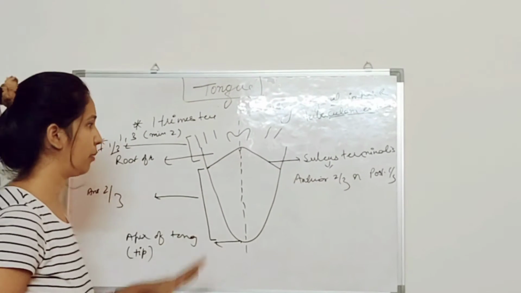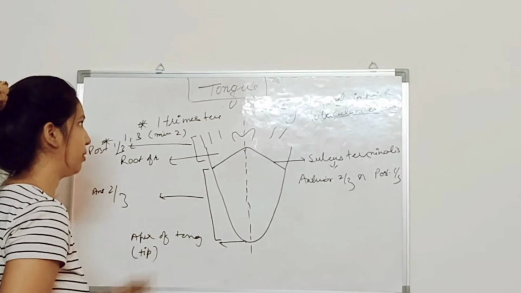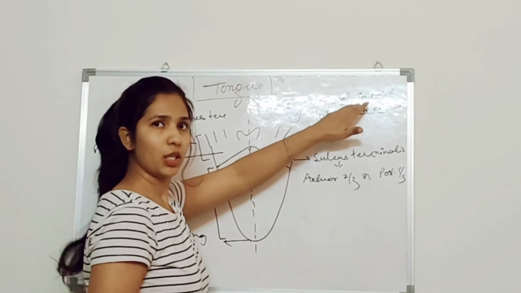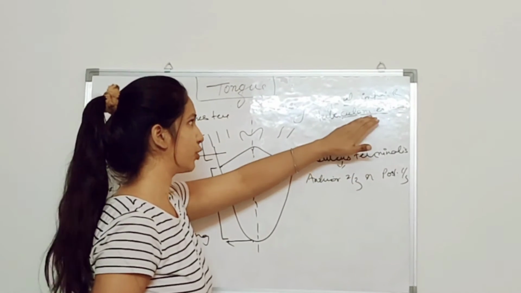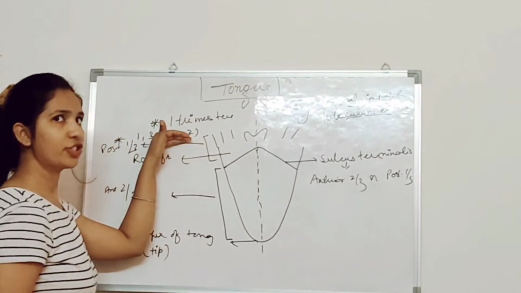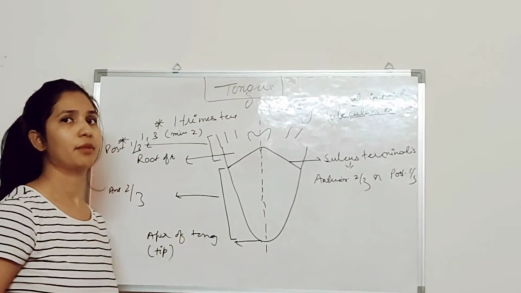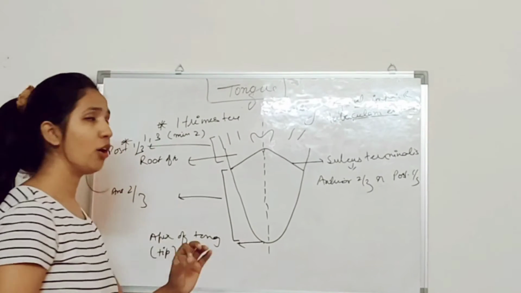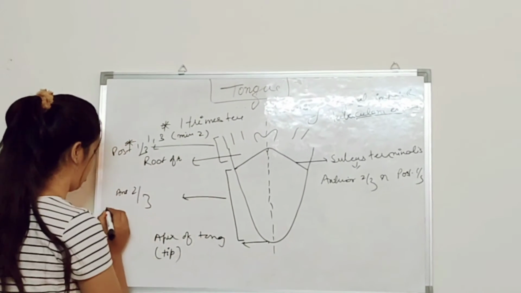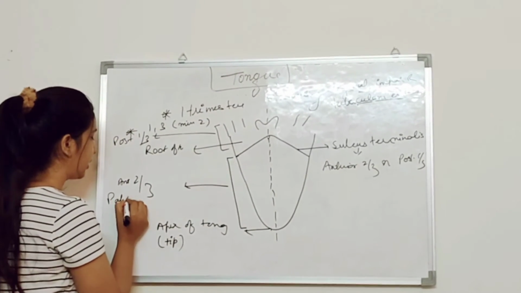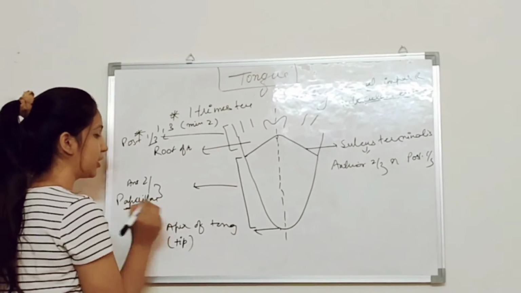So this much is clear about the tongue. This is about the development, started from the lingual impar and the tuberculum eminence, pharyngeal arches. These try to form the tongue, and this is the normal anatomic division of the tongue. Now we are going to discuss the papilla. They are the important structures of the tongue.